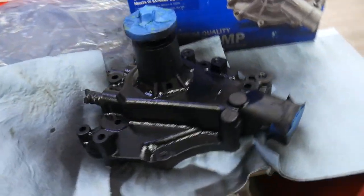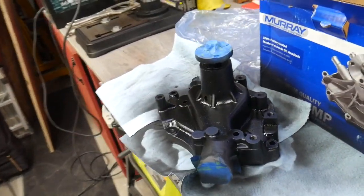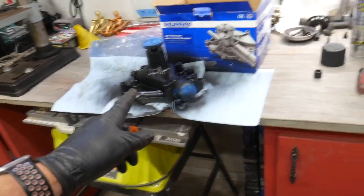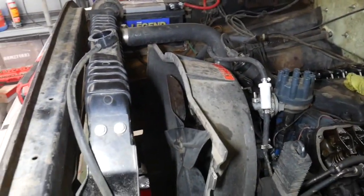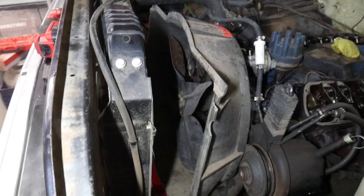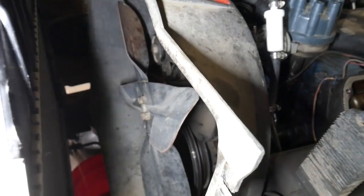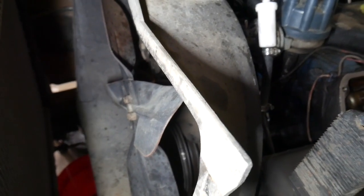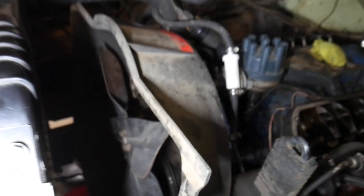Quick progress update. Got this sprayed with flat black. Because it's still a little bit shiny, we know it's still wet. That's two coats of paint on that at this point. Update over here. We've got the coolant draining out the bottom. I've also, let's see if I can get this light to shine a little better so you can see. I've removed the fan shroud and just pulled it back away from the radiator. That exposes the bolts on the fan itself. Then I can get the fan out of the way and I should be able to lift that fan shroud out of the way